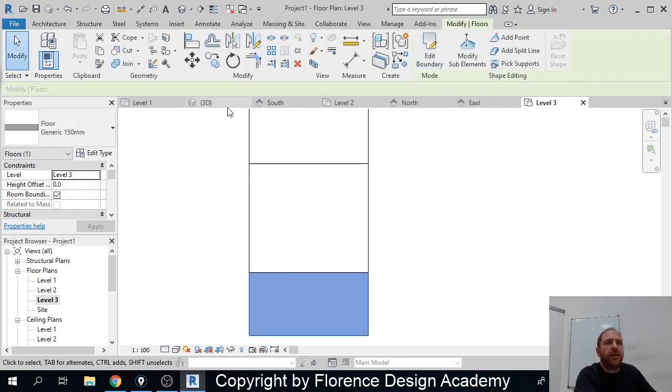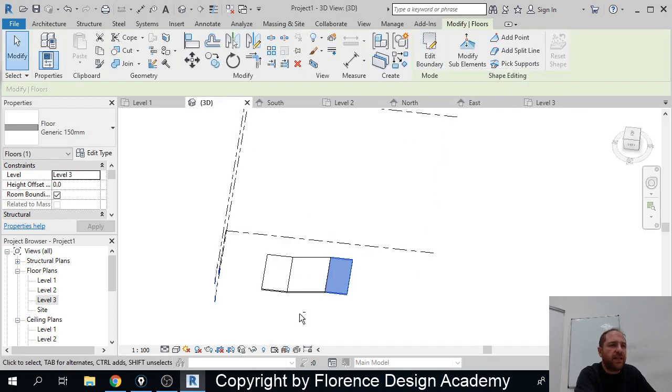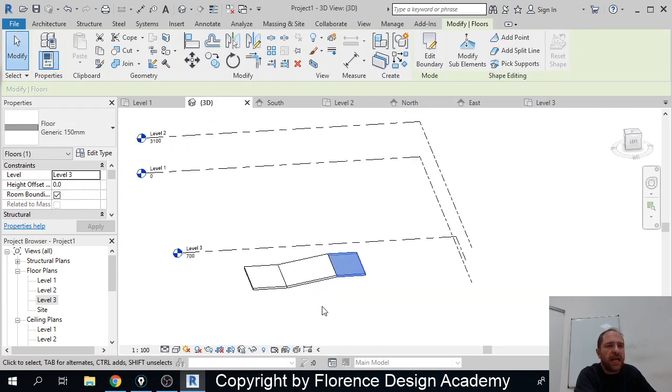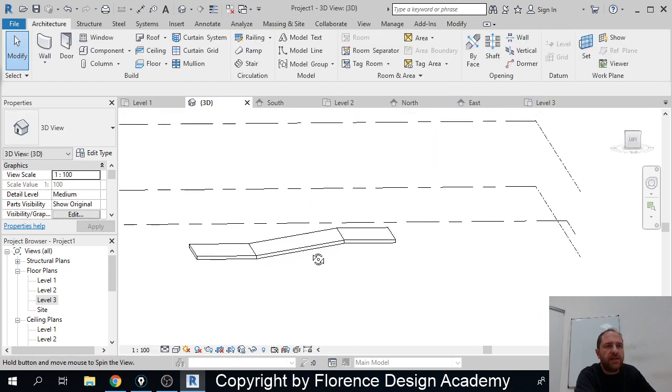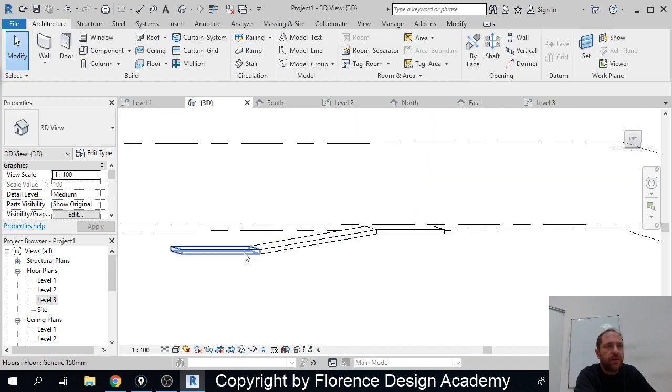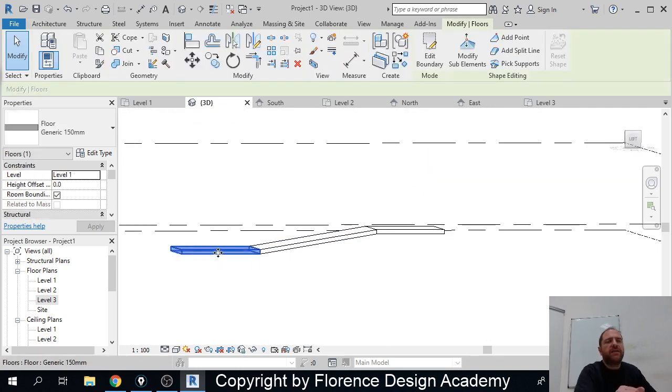If I go in 3 dimensions, basically this is what I will get at the end. That is, I have the floor that starts at level 1. Then I have